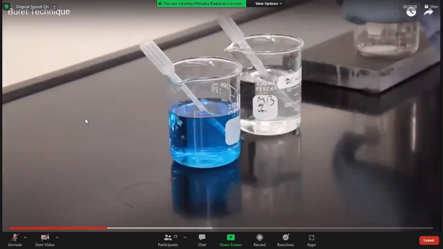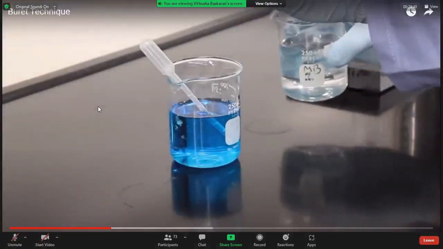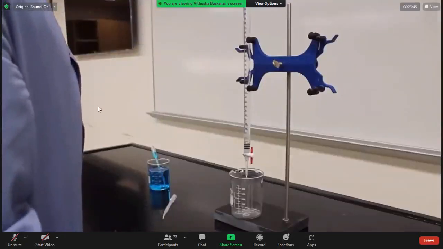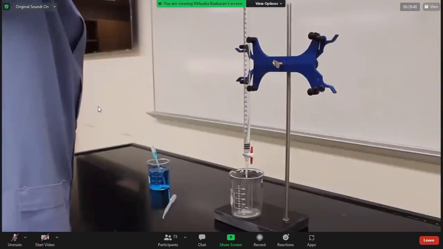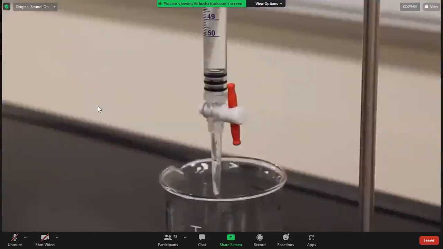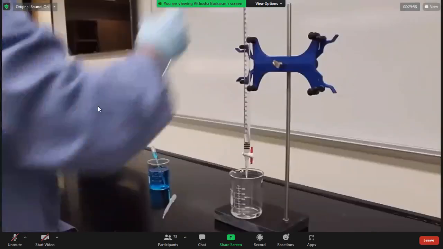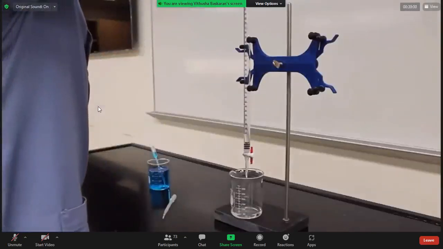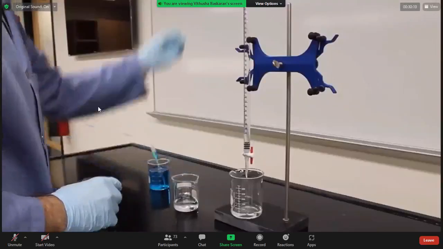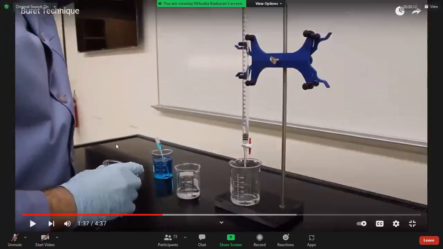Start cleaning your Buret by taking your deionized water and partially filling the Buret. Let the water run all the way out of the Buret. Repeat this process again. I recommend that you use a dropper to